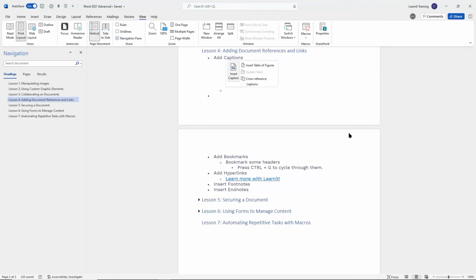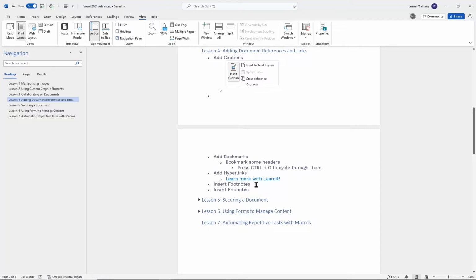Now let's go ahead and insert some footnotes and some endnotes as well. Now a footnote, just keep in mind, a footnote provides additional information about either an object or a word, a phrase, a sentence, a paragraph. And when you insert that footnote, it goes to the end of the current page. An endnote does the same thing. It provides more information about a particular object or an element, but that will go to the very, very end